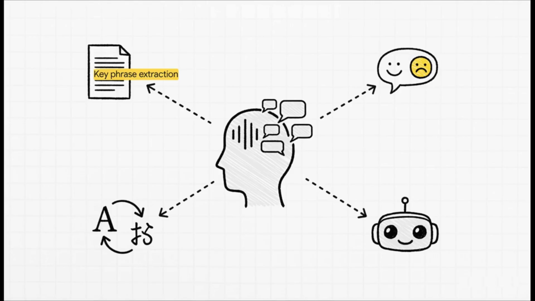All right, so we've covered seeing. What about understanding language? That's where natural language processing, or NLP, comes in. Think about it. How does a service translate text instantly or figure out if a product review is positive or negative? That's all NLP. It's the magic behind key phrase extraction, sentiment analysis, translation, and of course, those chatbots we talk to all the time.